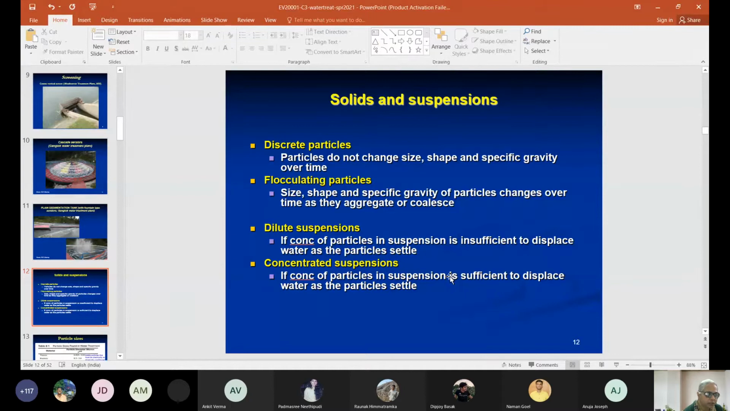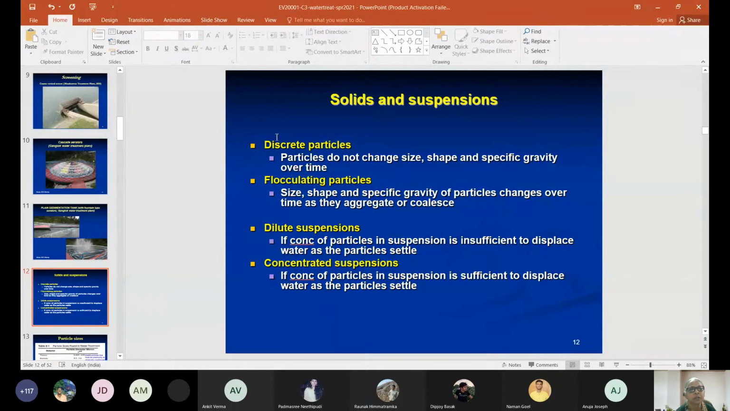Now, when you are dealing with colloidal particles, these are particles that are said to be in suspension. They are not solutions because they don't dissolve like a dissolved compound. So we say that these are particles in suspension. So we use the terms solids and suspensions. Within solids, you can have discrete particles and flocculating particles. You may be aware of all this, but I'm just going through it to make sure that you're all clear